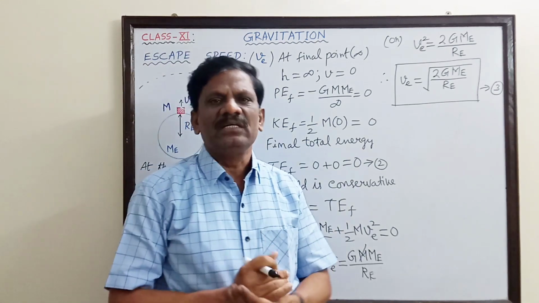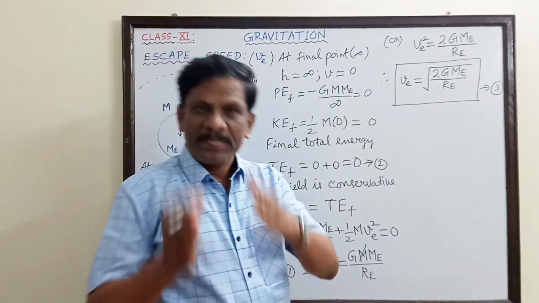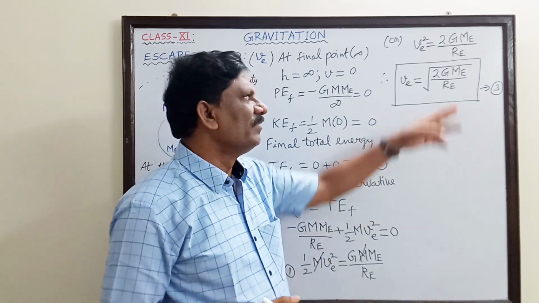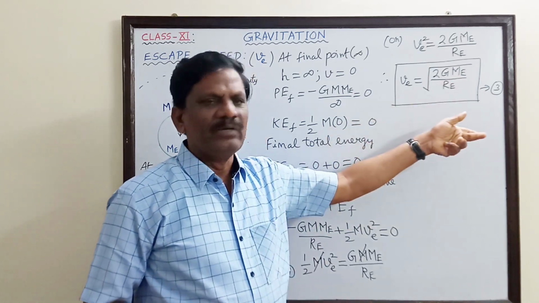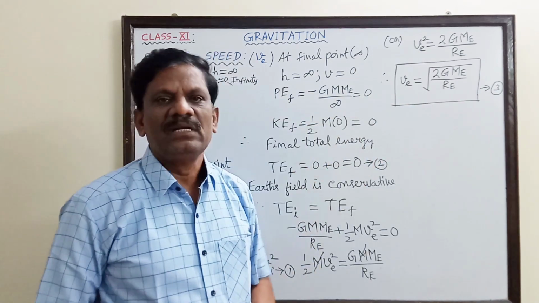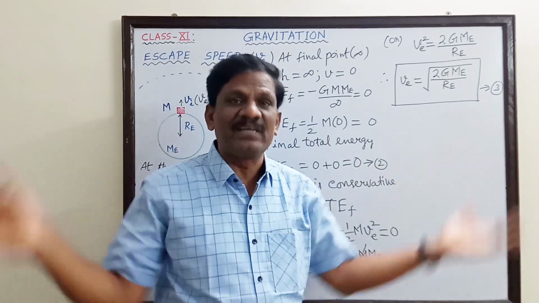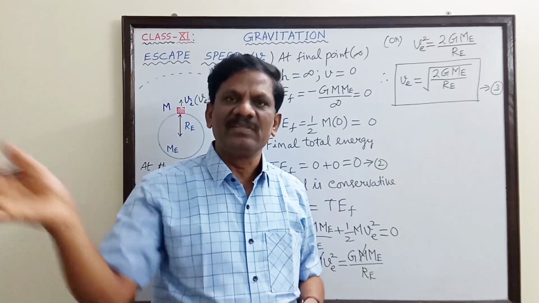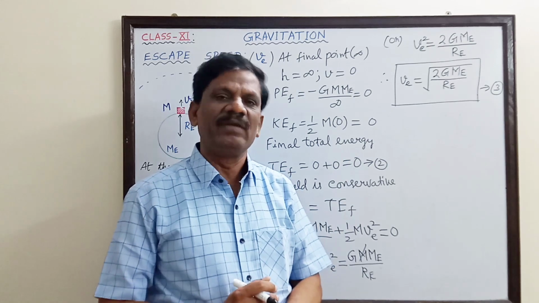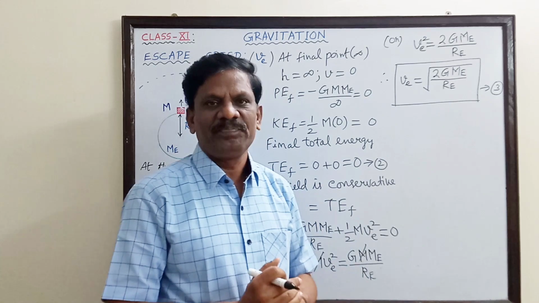Now in the NEET and IIT entrance exams, this formula only you will have to use. Find the escape velocity from any surface of the given radius and mass they will give. G is a constant you are supposed to remember. Sometimes they will ask you to compare the ratio of the escape velocity on two different surfaces. Mass of the earth and mass of Jupiter, radius of the earth and radius of Jupiter will be given, and they will ask the ratio of the escape speeds. So for that, this equation you will have to remember forever.